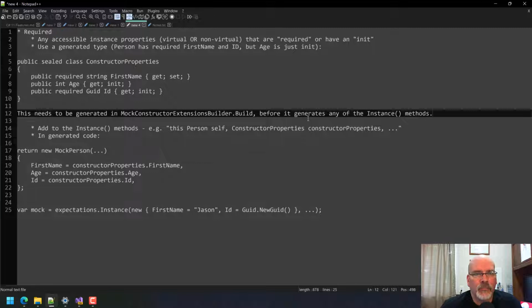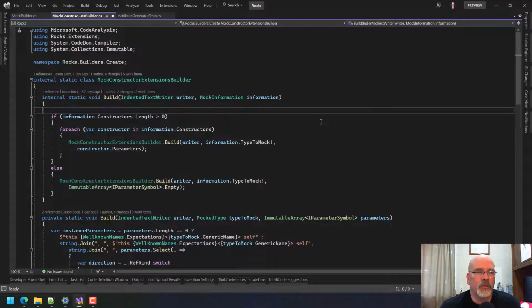Okay. So any accessible instance properties that are required or have an init. So what we need to do here is we need to get